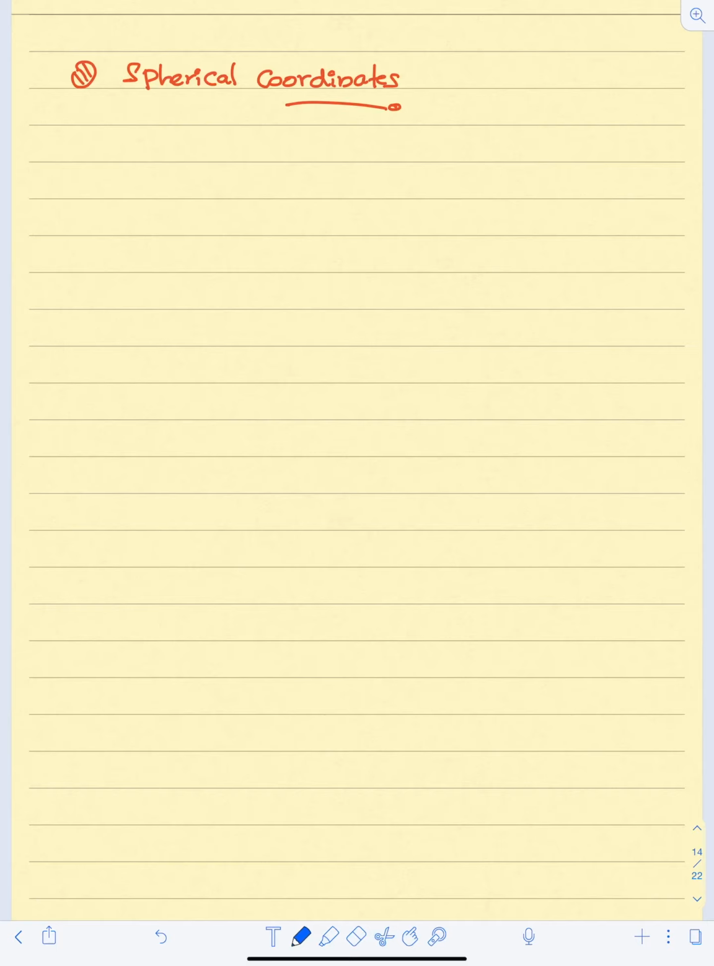Now let's go to the second part of chapter 12.7. In this part we are going to talk about the spherical coordinate system. The spherical coordinates